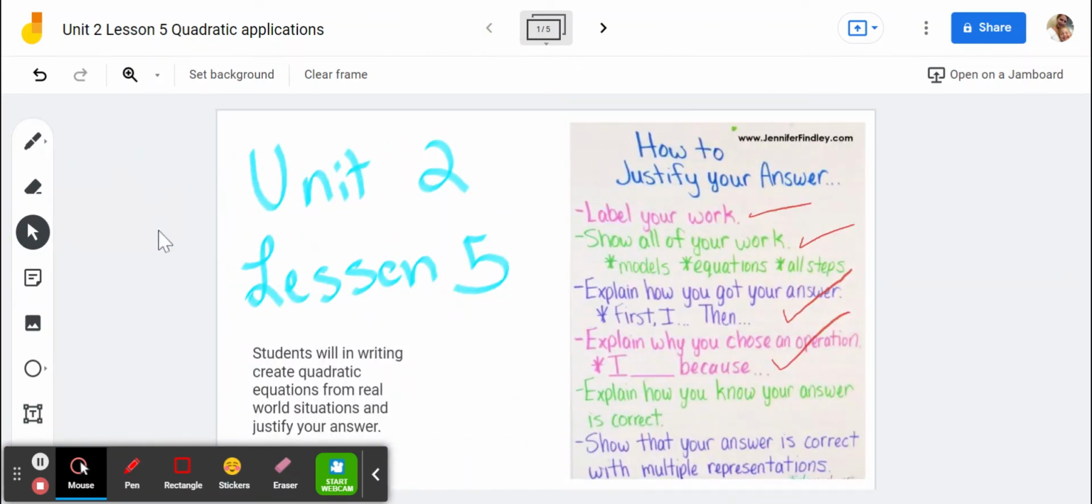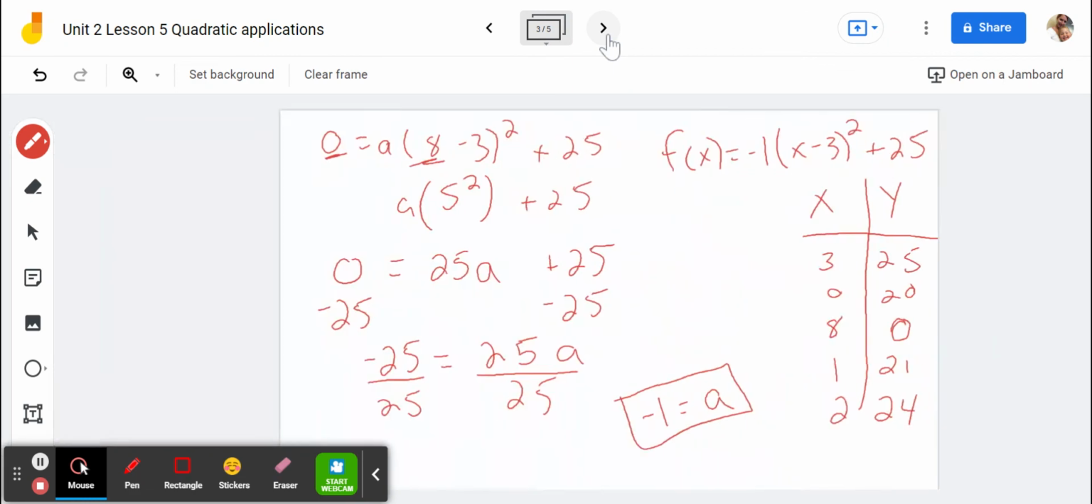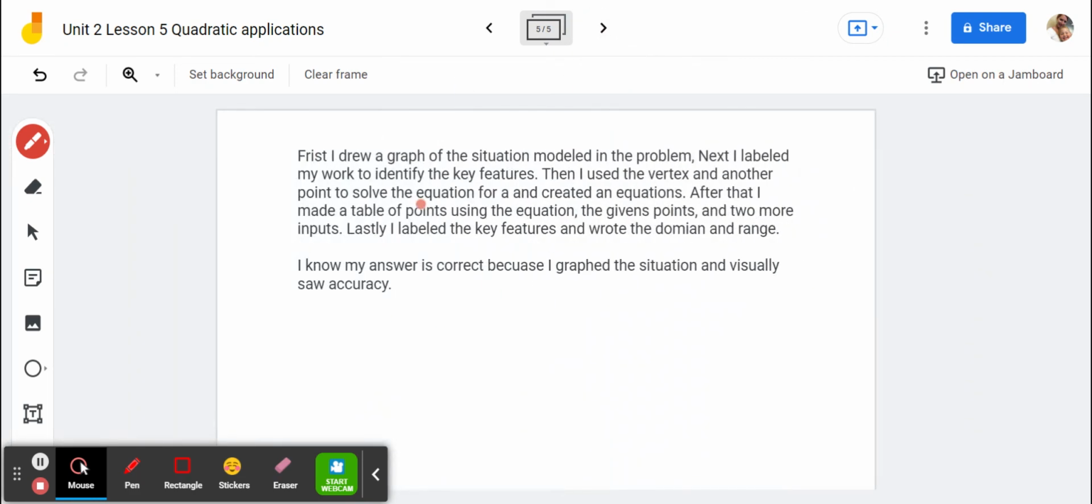Okay. All right. What else do we have to do? Let's check this off. And the last thing is show that your answer is correct with multiple representations. Well, I have multiple representations. I have an entire chart here, right? I have all my things labeled. I have an equation. I have shown my work, and I've given a justification. Okay? So this is all set and ready to go. You can now move on to your